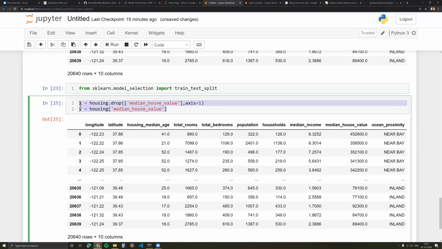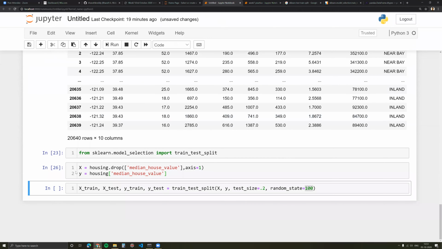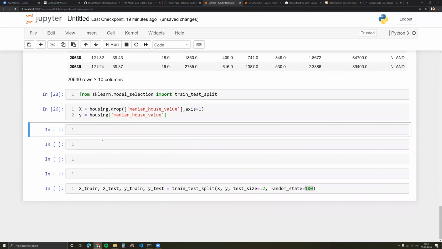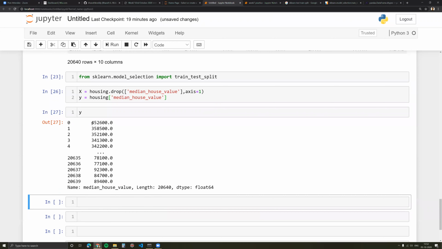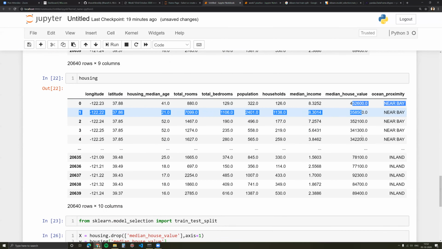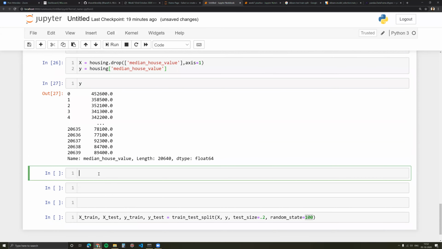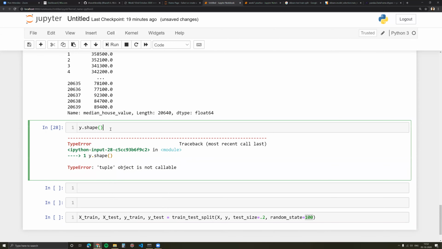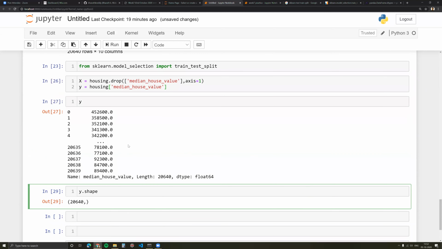Now here is one thing you need to observe. I'll show you this subtle difference. We have calculated X and Y. Now you see what Y is. Y has converted itself into a series of data, which are these data points. But if you see the shape of Y, it again is missing a dimension.